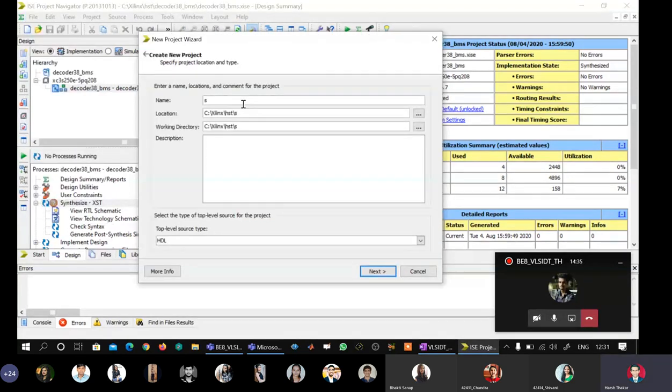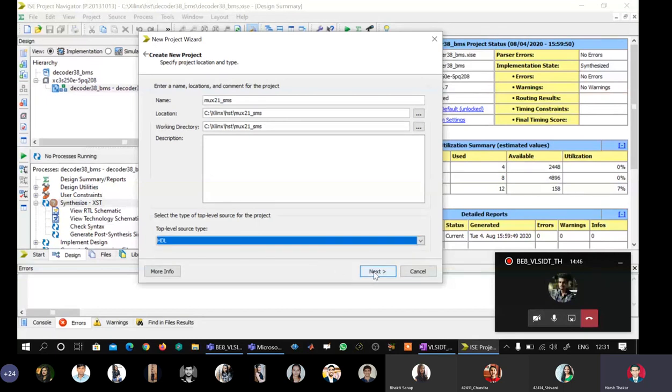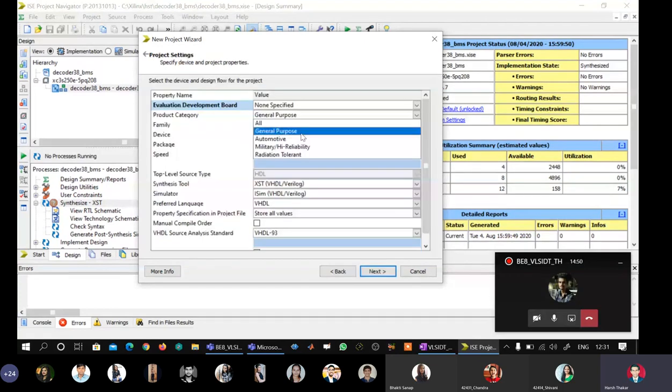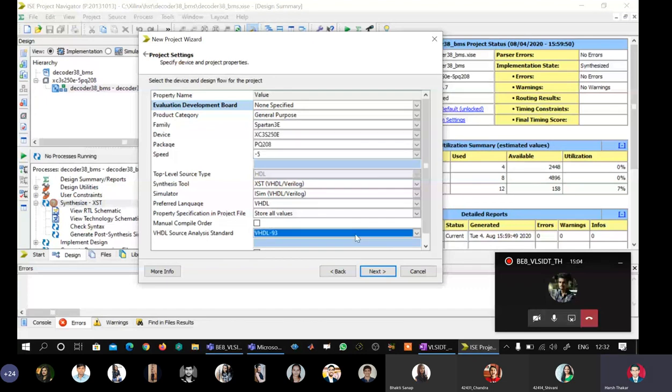I will change it to mux21_SMS, Ctrl+A, Ctrl+C, clipboard, top level HDL, board none specified, family general purpose, family Spartan 3E, device 250E, package 208, speed grade -5, iSIM, VHDL. Next, Finish. Okay.